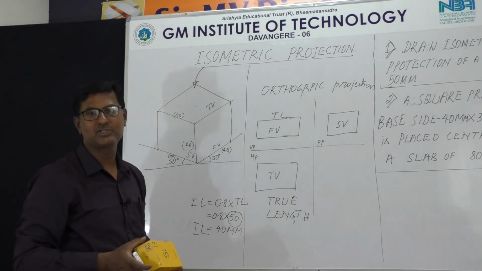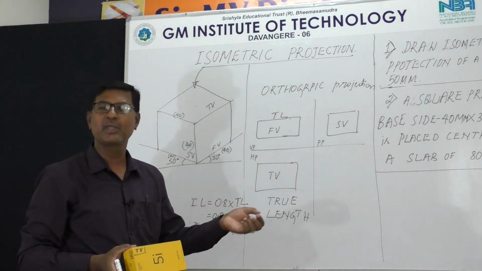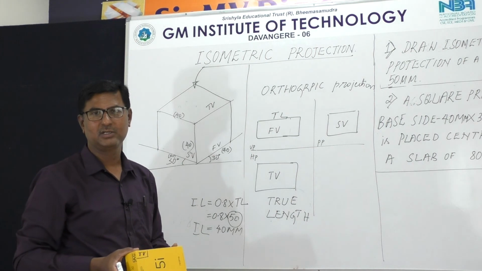I took only one dimension here. If 100 dimensions are coming in a problem, it means 100 times you need to convert. So to avoid